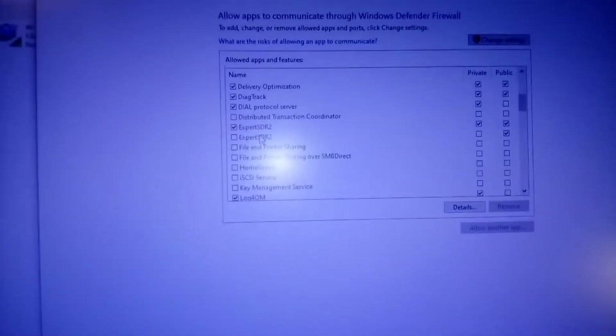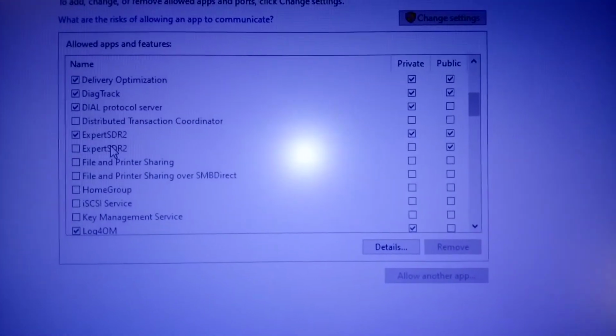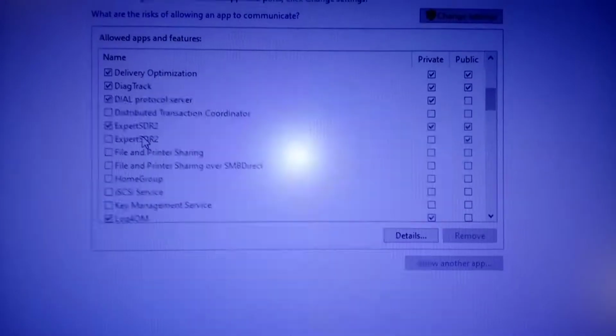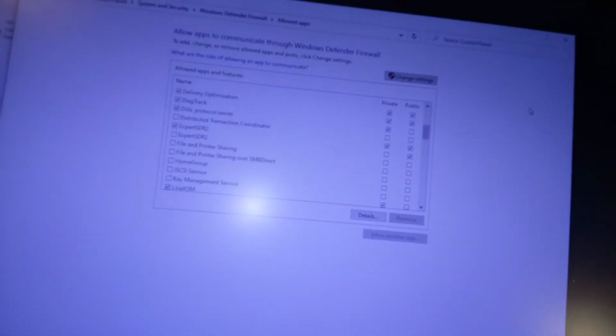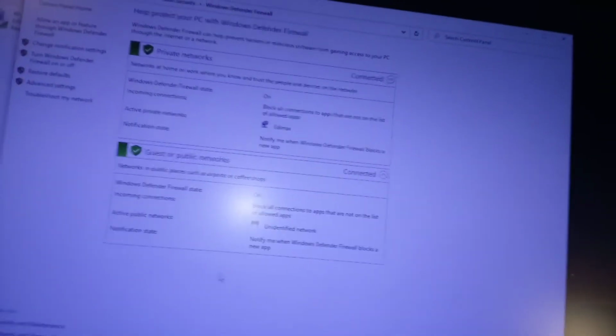And let me just go to expert SDR, and as you can see, they are on as well. That's all through. So that's the firewall. Just explaining what I've actually done. So let me get rid of that